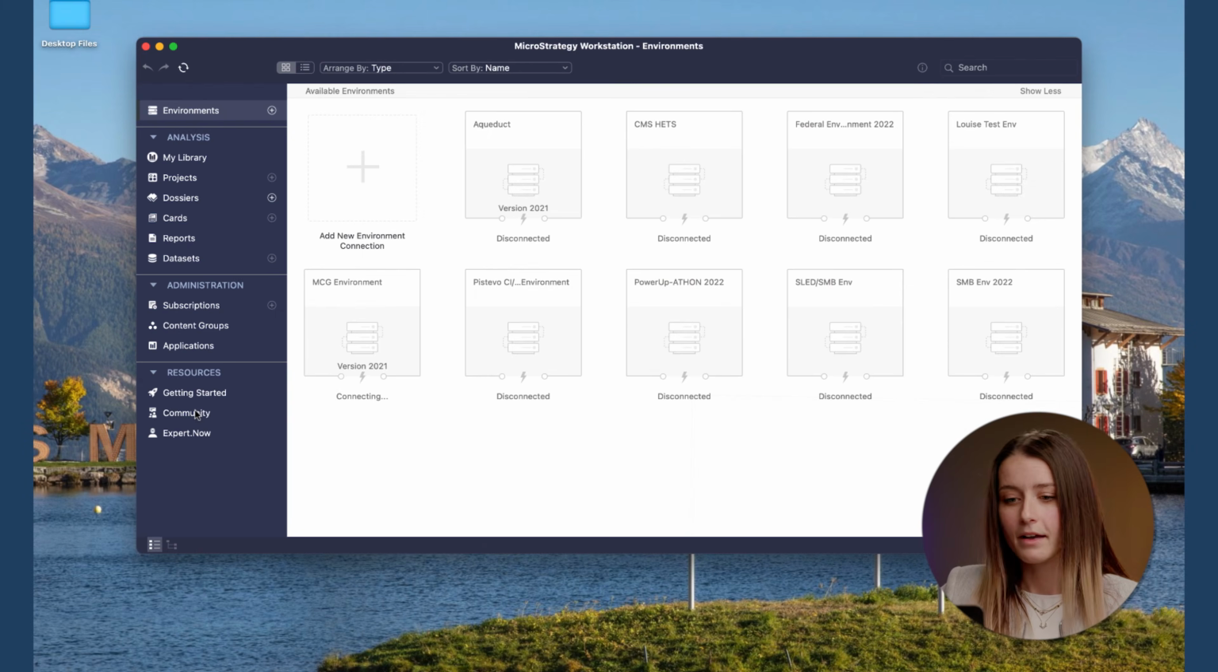And then the last section that we have is our resources tab. If you do get lost or you want to learn a little bit more about MicroStrategy, there's a couple of really good links that you can click there. I really recommend checking out our community page. There's a lot of knowledge-based articles, videos, tutorials that you can access there. We do also have an expert.now feature available, so if you want to talk to somebody at MicroStrategy to get a question answered, you can do that as well. But yeah, those 3 sources are probably really good ones for you to check out, especially if you're new to